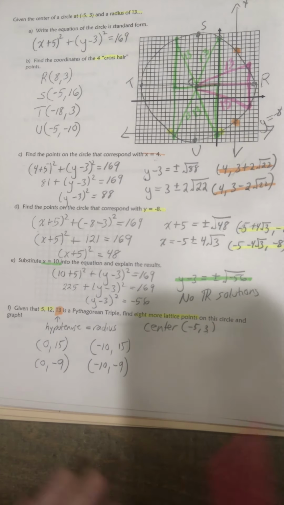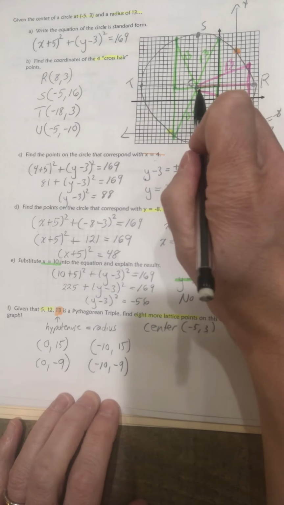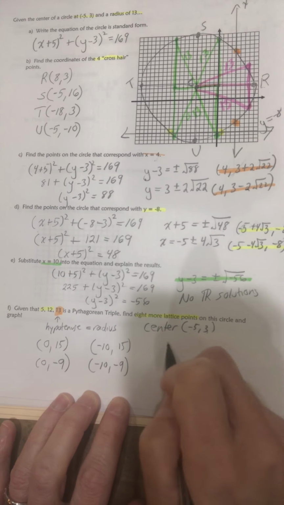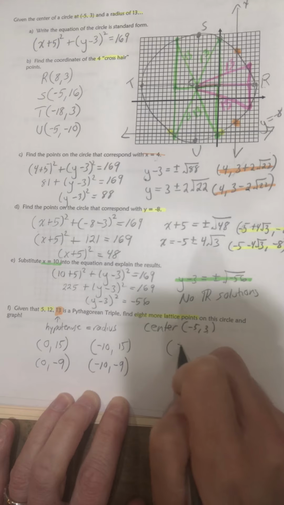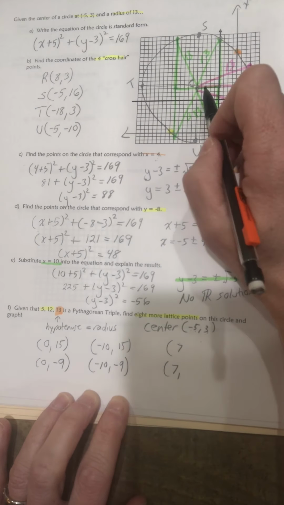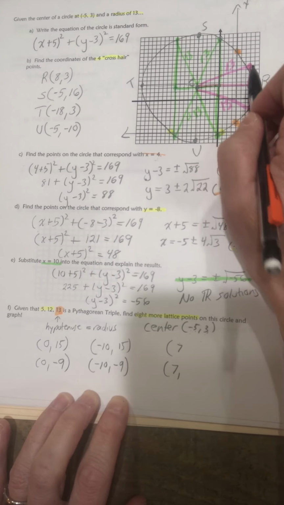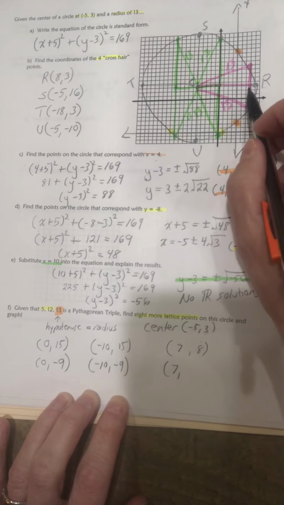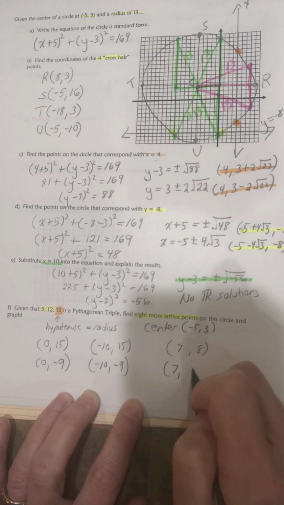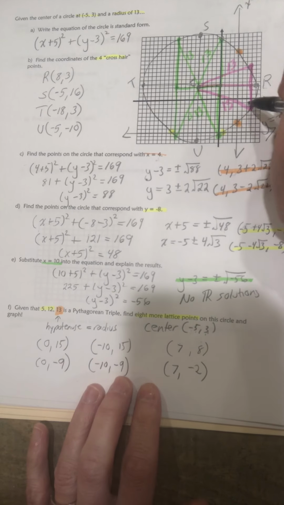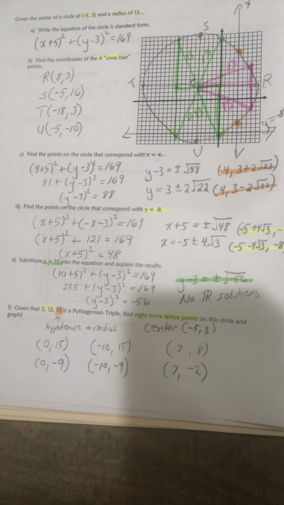So now what differs here is what I'm adding. If I'm going to the right, I'm adding 12 to the x value. So -5 plus 12 is 7. So I went 7, then I'm going up 5. If I go up 5, 3 plus 5 is 8. 3 minus 5 would be -2. So those are the 2 points here, by just rearranging my 5, 12, 13